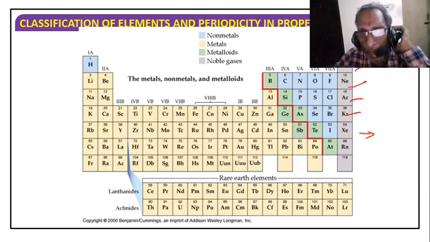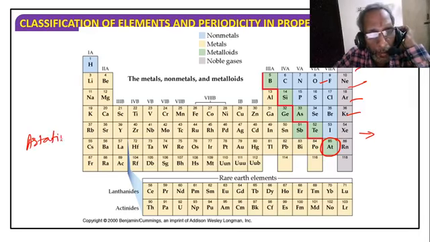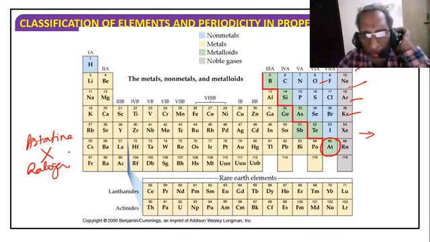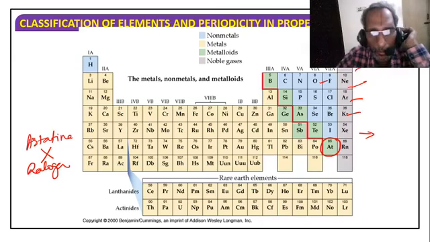So in these halogens, astatine will not come. That is why it is given in a different color. The fluorine family means you have to mention fluorine, chlorine, bromine, iodine, astatine. At is astatine, but astatine is not a halogen. That is why it is given in a different color. Fluorine, chlorine, bromine, iodine produce salts: fluorides, chlorides, bromides, iodides. So they are called halogens. Then noble gases, and lastly lanthanides and actinides we have seen. This is one arrangement.